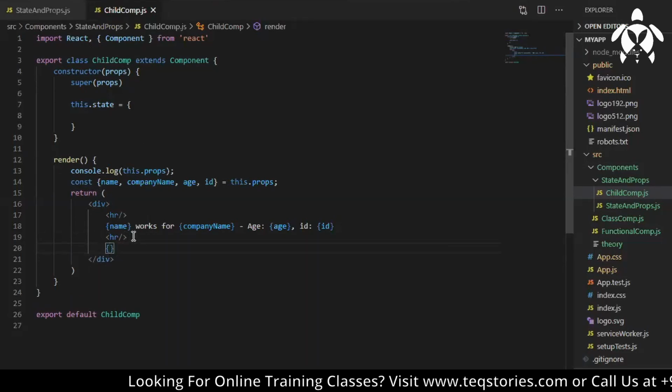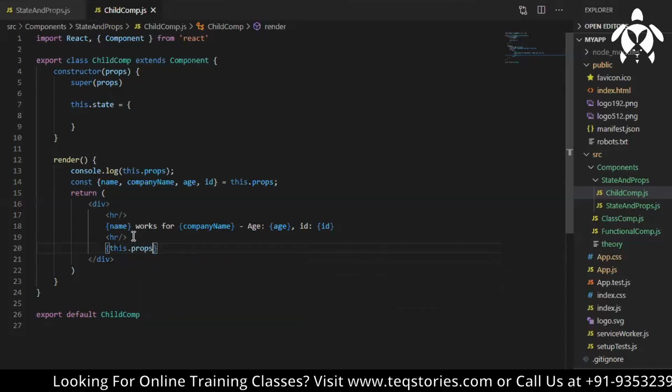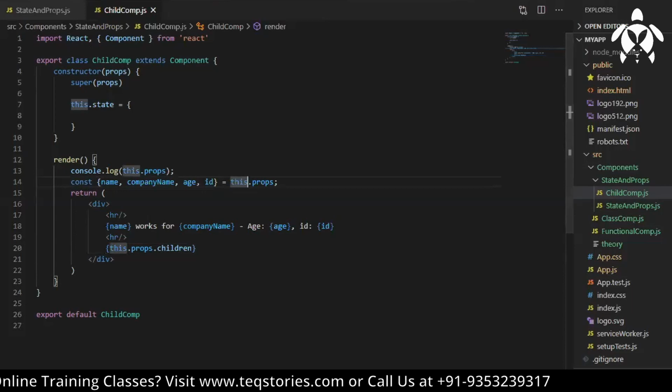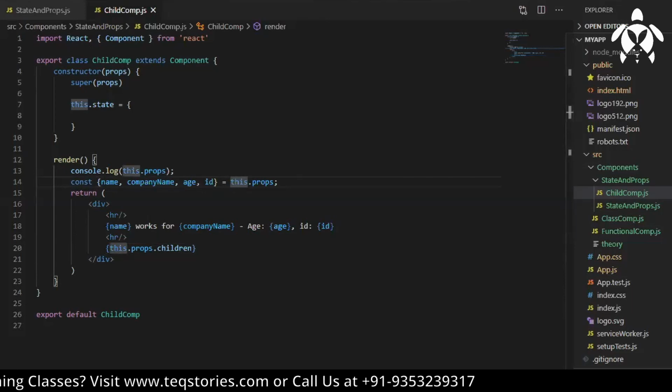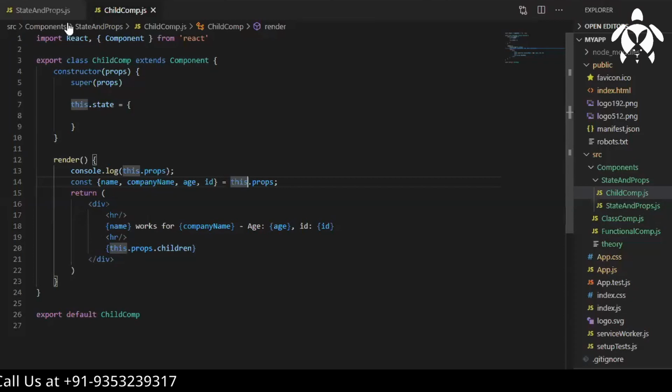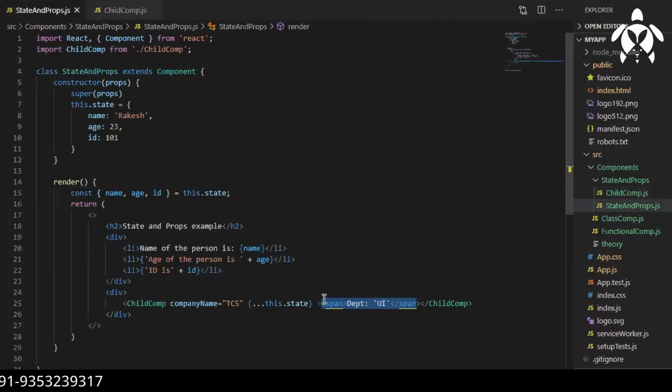I will write this.props.children. This also you can unpack from props. You can directly write children. So you can see I have this department UI, right? In this way you can send some children components also.